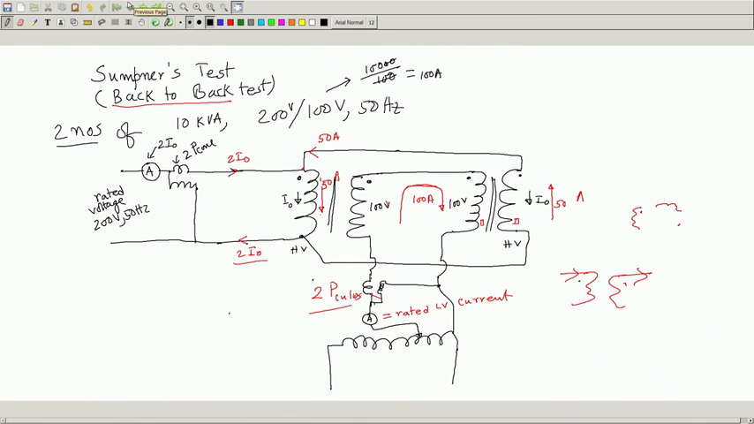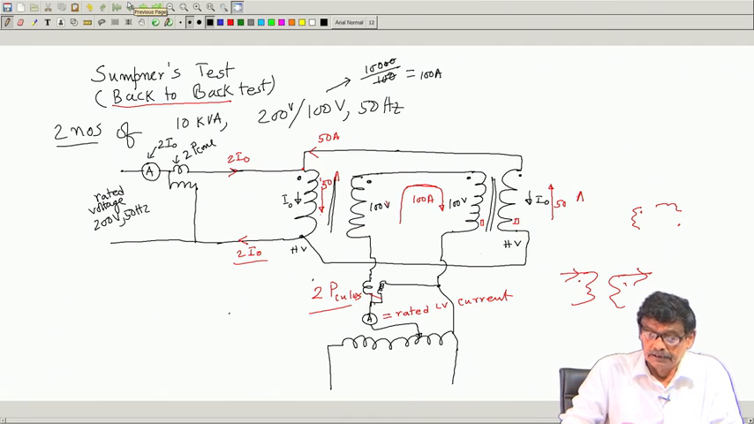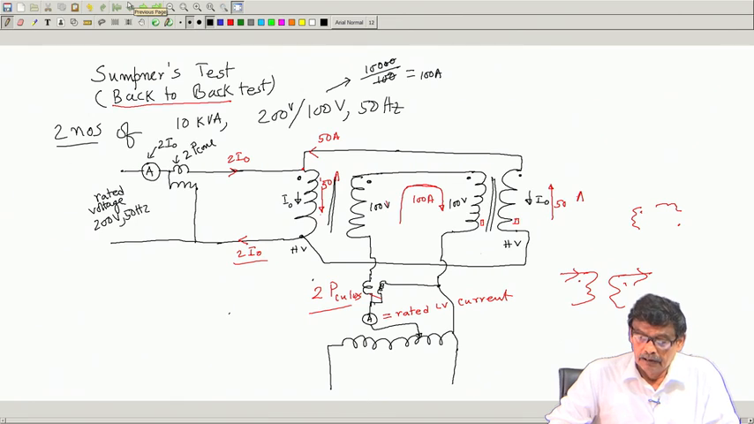Welcome to lecture 34 on electrical machines 1, and we will start three-phase transformers. In my last lecture I told you about one very important test called the Sumpner test, or back to back test, and this was the picture. Here the beauty is